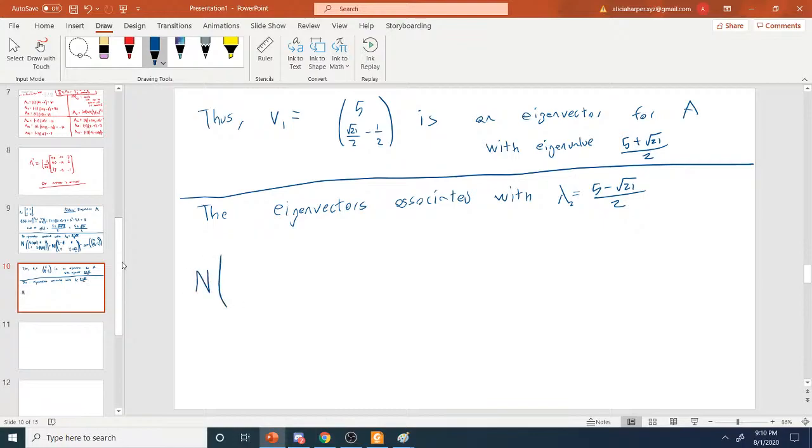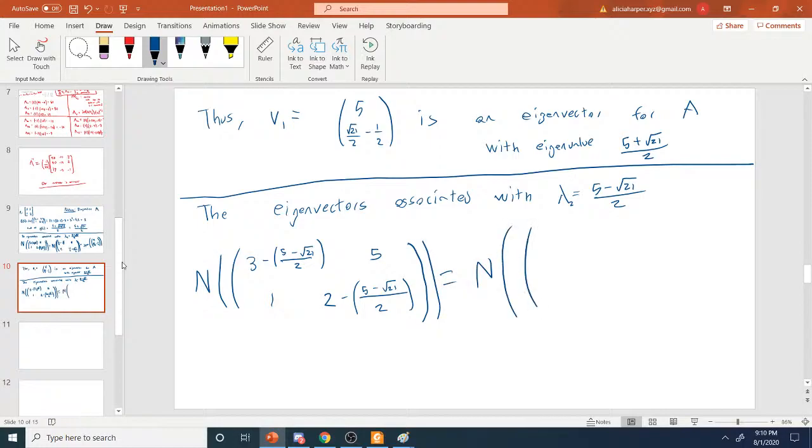This is the same thing as looking at the null space of 3 minus (5 minus the square root of 21)/2, and then 5 and 1, and then 2 minus this. Well, this is going to be the same thing as looking at the null space of the matrix 1/2 plus the square root of 21 over 2,